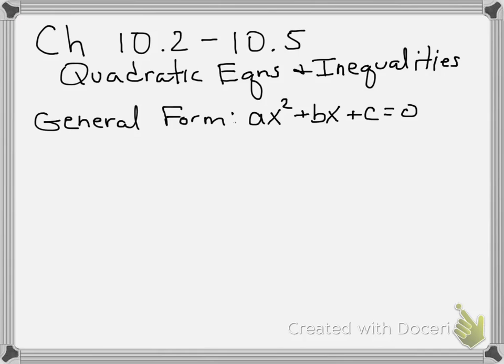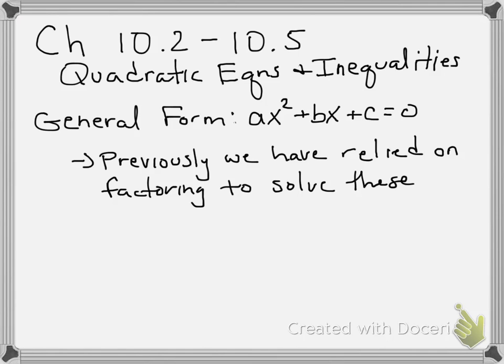It's this: a times x squared plus bx plus c all equals 0, where a, b, and c are constants and x squared, x are variables. Previously, we've solved these equations by factoring, or we've been able to solve them directly. Maybe we don't have that x term in there, and we can just square root both sides. But